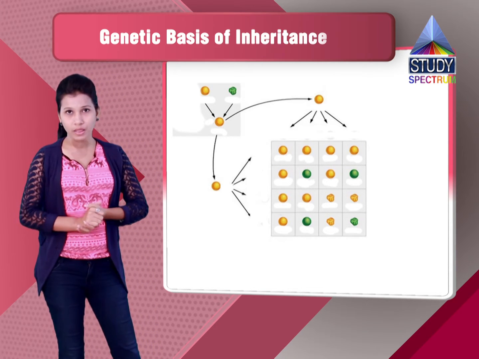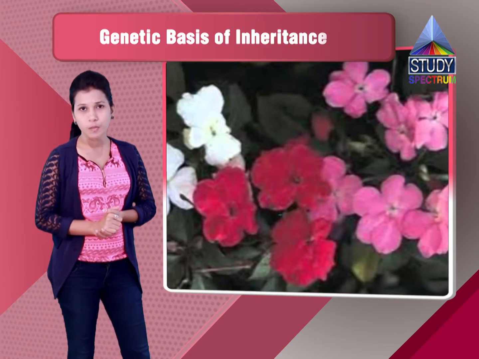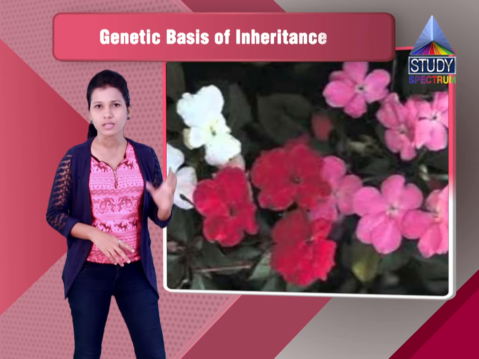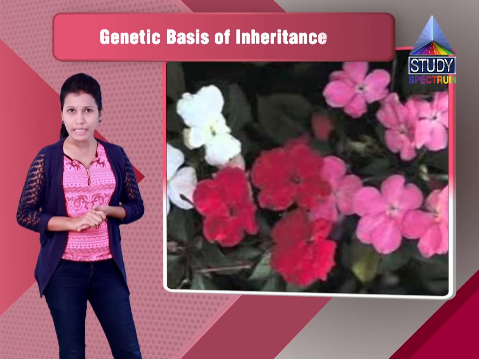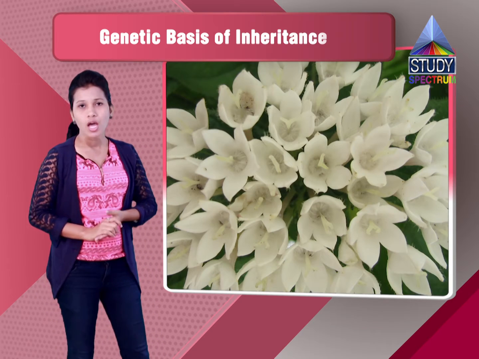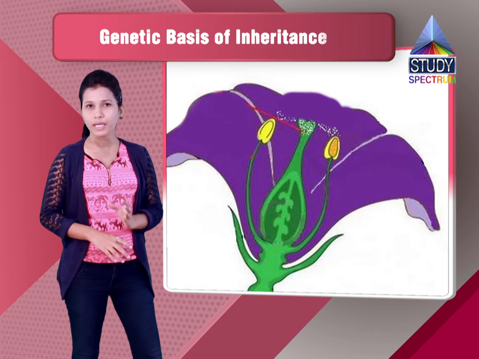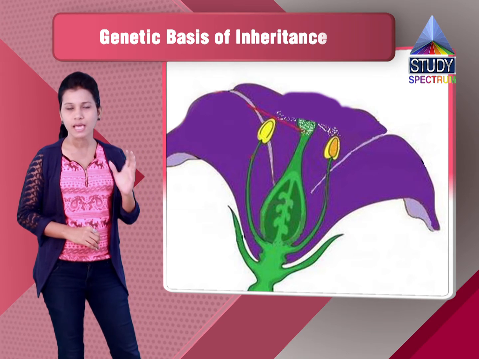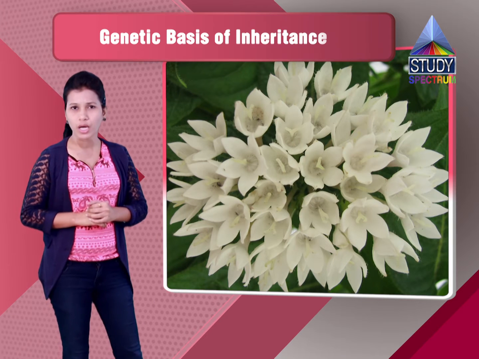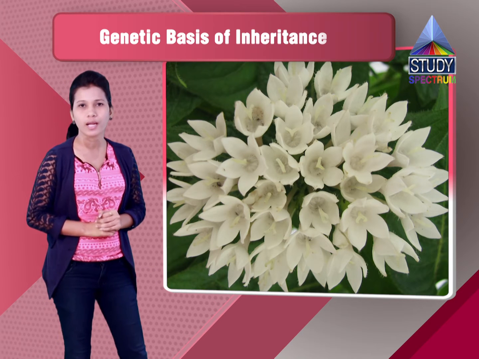So the first concept is the incomplete dominance. As explained by Mendel, there are only two types of genes, the one which is dominant and the other which will be the recessive one. But in incomplete dominance, we can take the example of plants which are red color and white color. Now the plant which is red color, which is a pure line plant or true breeding plant, will have the genotype capital R and capital R. And the plant which is white color, which is a recessive one, which will again be a pure line plant or a true breeding plant, will have the genotype small r and small r.